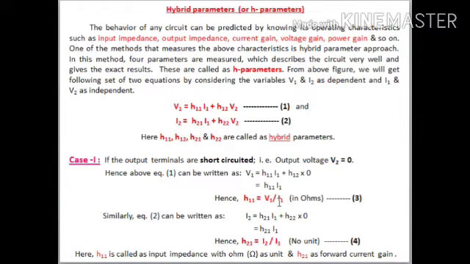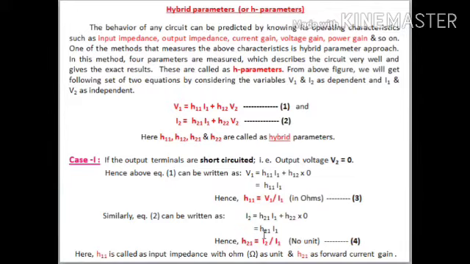Now this is the ratio of input voltage to input current, and as it is a ratio of voltage to current, its unit is ohm. So let's take this as equation 3. Now again we have to substitute this value of V2 equals 0 in equation 2. We can write equation 2 as I2 equals H21 into I1 plus H22 into V2. V2 is 0 now, so H22 into 0 becomes 0, and the remaining term is I2 equals